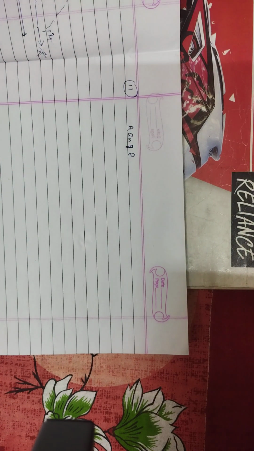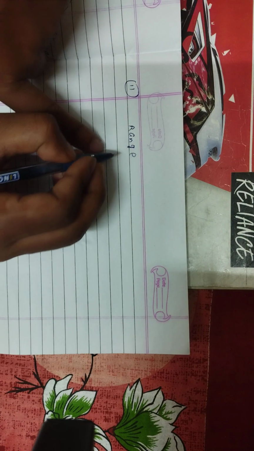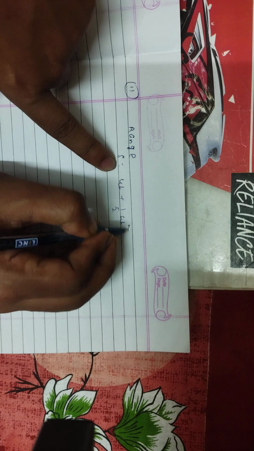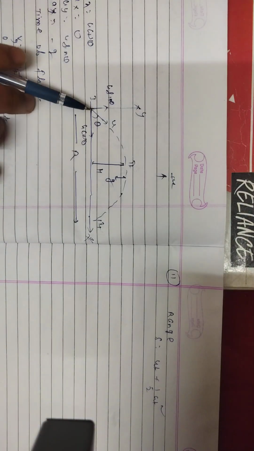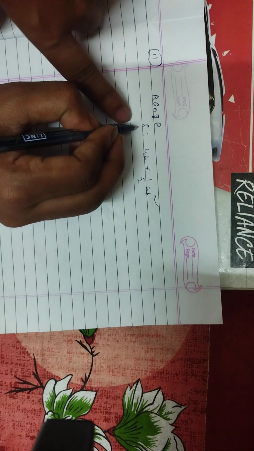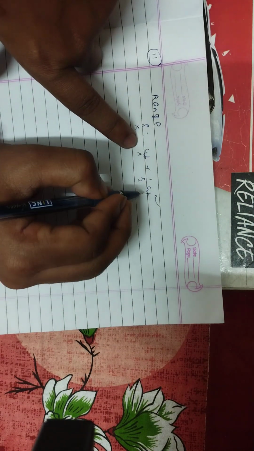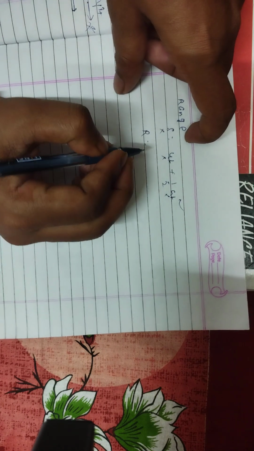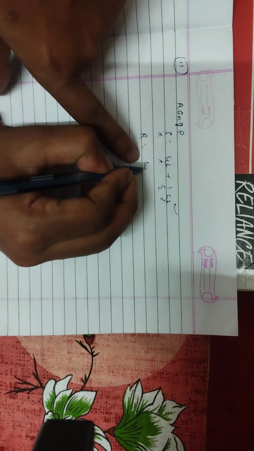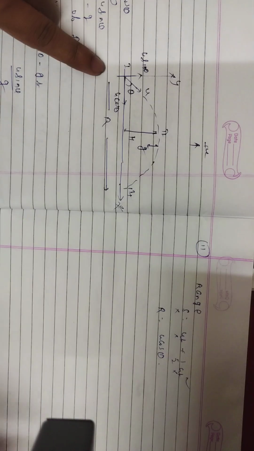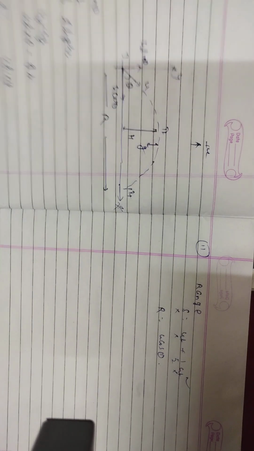बच्चों, for the calculation of range we will apply equation of motion s equal to ut plus half at square. बच्चों, you can see this is the range. Now we have to apply equation of motion along the x direction. That's why we will write sx equal to ux t plus half ax t square. बच्चों, what is the sx here? You can say this is the range. What is the ux? बच्चों, this is u cos theta. बच्चों, what is the t? This is the total time taken by the particle to go from position 1 to position 3. That means time of flight.